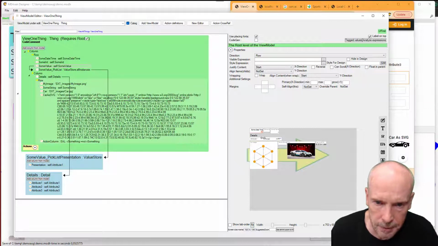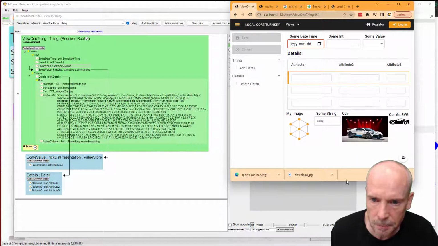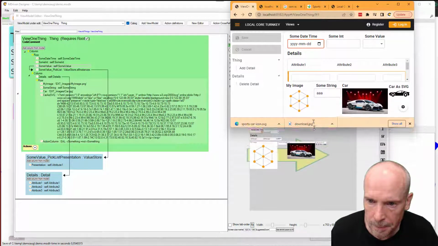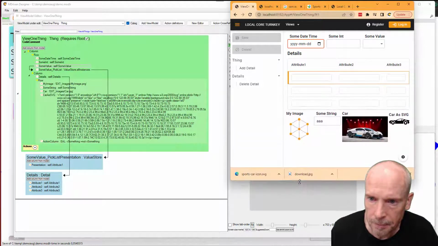So let's see. Now this takes some space and this takes some space, and if I save this, I can see that it looks like this, that the images comes below the grid table,